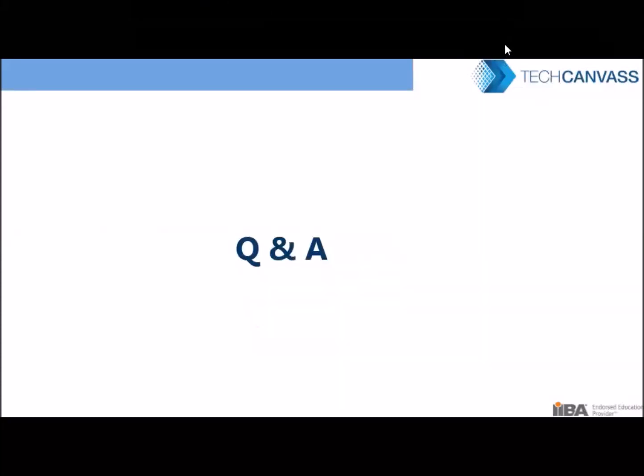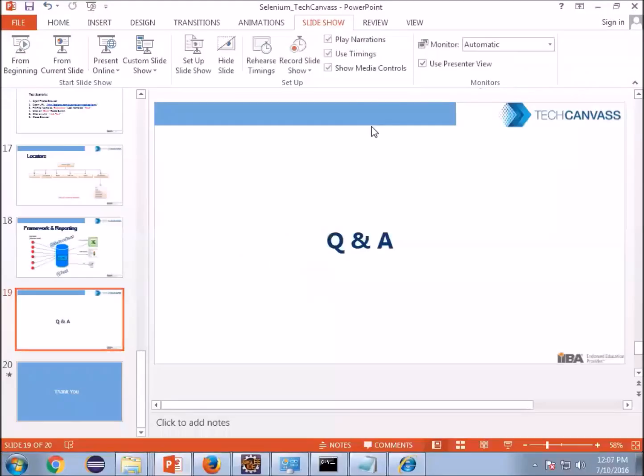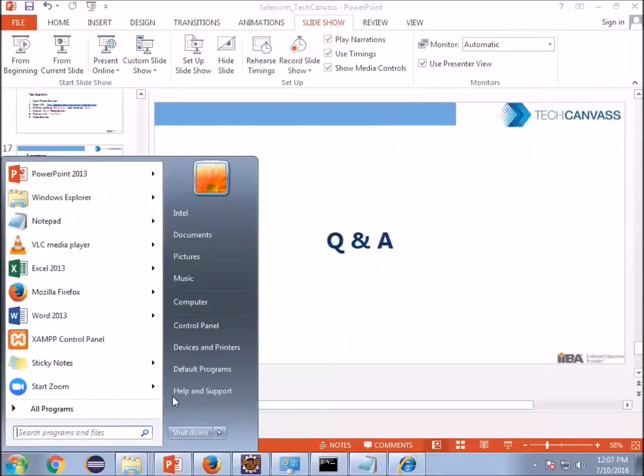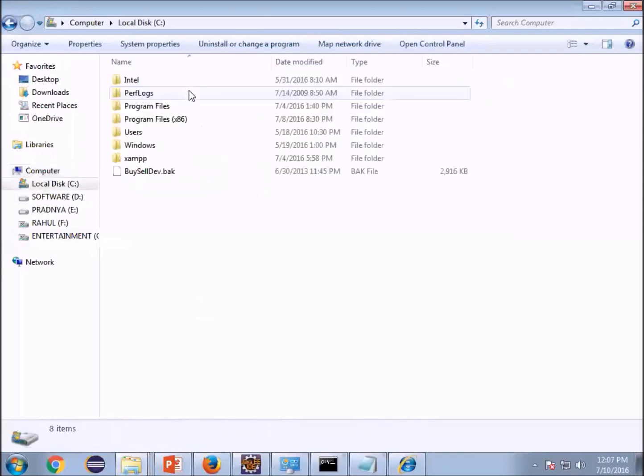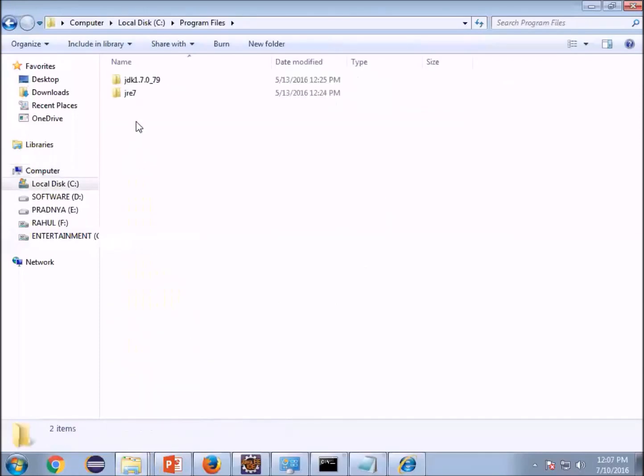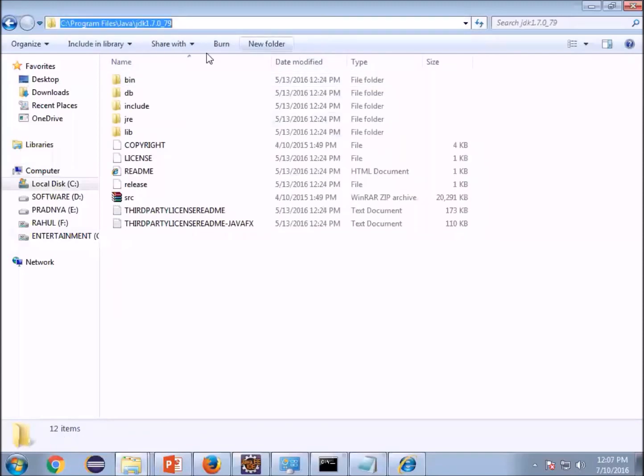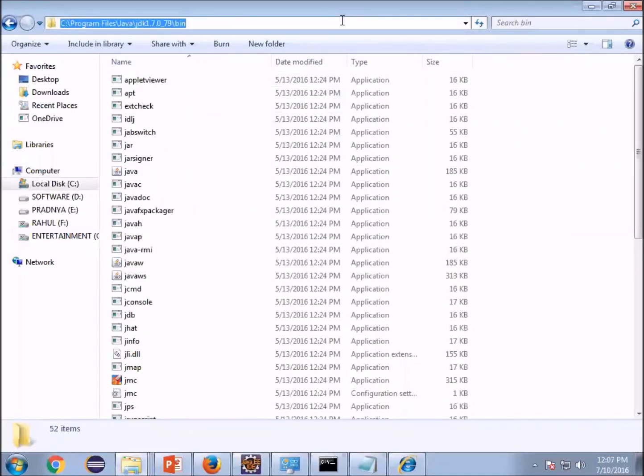Okay, I got something. I would like to know the steps to set up Selenium from system settings, which you showed initially. Oh, Tapan, there is nothing like system settings. You have to configure your JDK in the system. I will show you. Install your JDK. Go to computer, C drive, programs. You will find your Java folder there. In the JDK, you have to copy the path till bin.